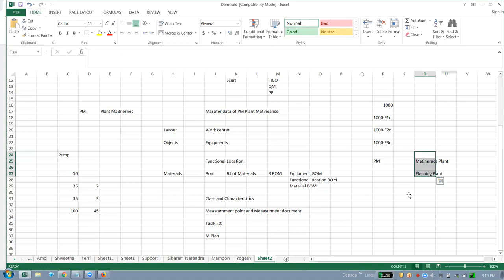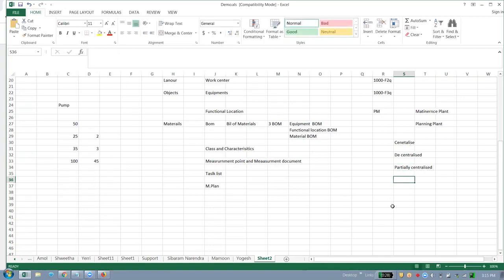Again, these maintenance and planning plants are set up in 3 ways: centralized, decentralized, and partially centralized. You can ask what is centralized, decentralized, and partially centralized. For example, I have a car company at 3 different locations: Dubai, Saudi, London.